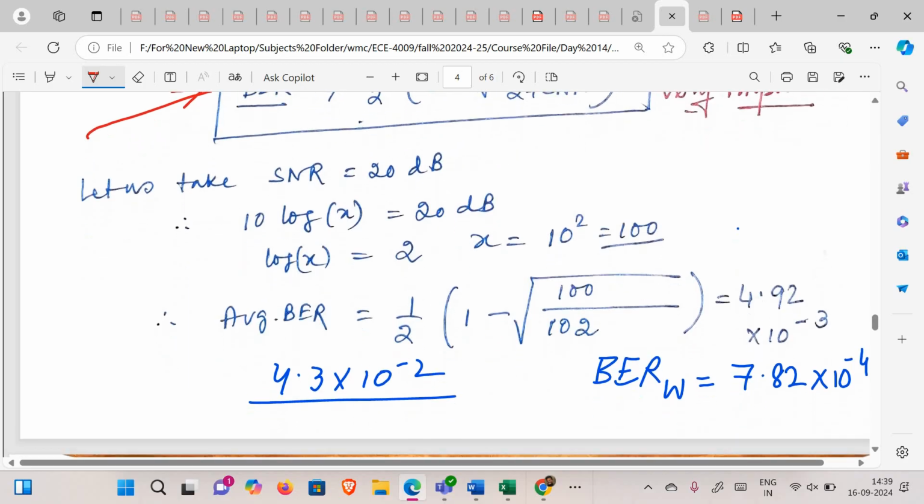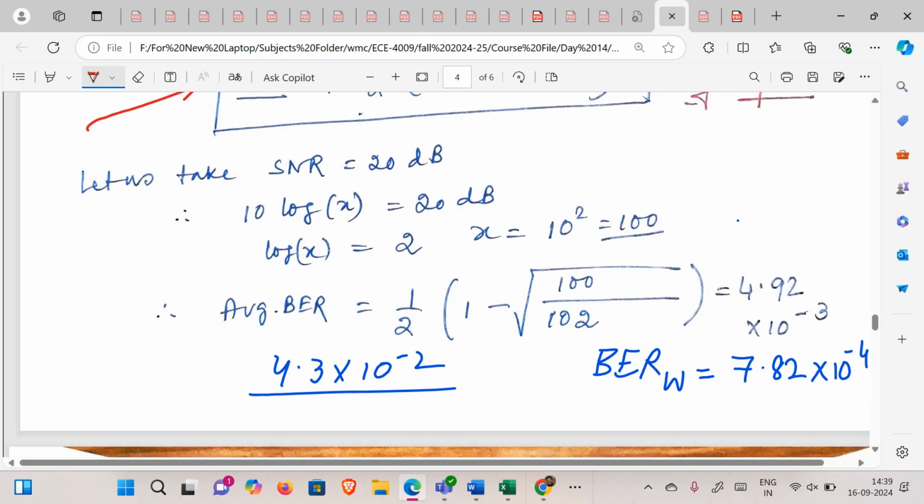Let's take an example of SNR of 20 dB. We take it to the linear scale, so it comes to around 100. We substitute over here, and the expression gives you around 4.92 into 10 to the power minus 3 as the value. Alright, so this is the calculated value. The blue one, don't get confused with it. What I want you to do is